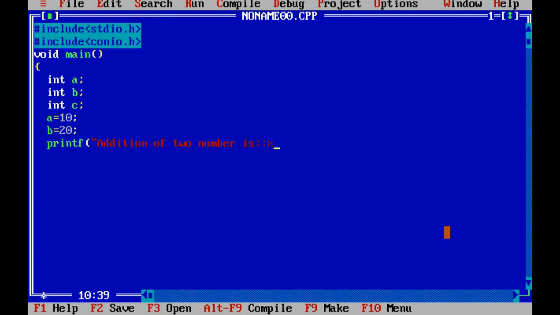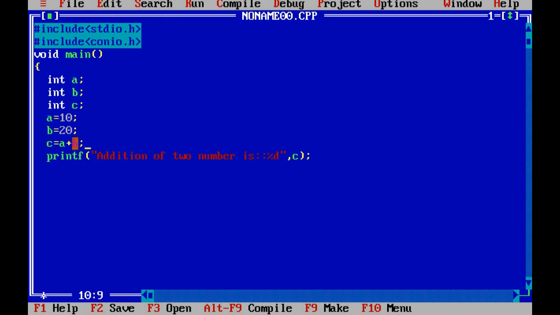Formatted codes are required to display the final output which is located in a variable. C is storing the final result. So before writing the printf statement, I need to create the expression. What expression is required? C is equal to A plus B. So this is our expression. Main expression is what? C is equal to A plus B.